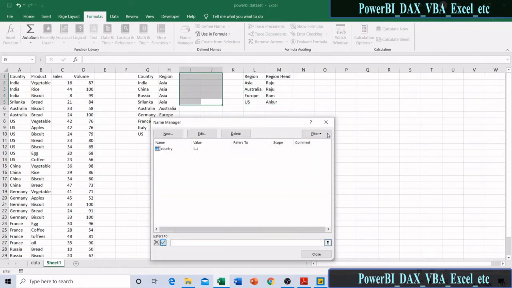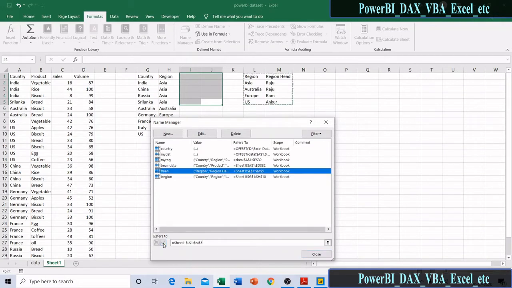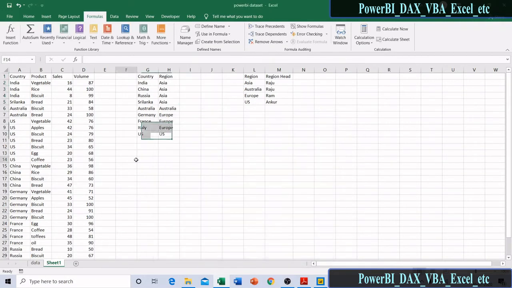I am going to import these three tables into my report.